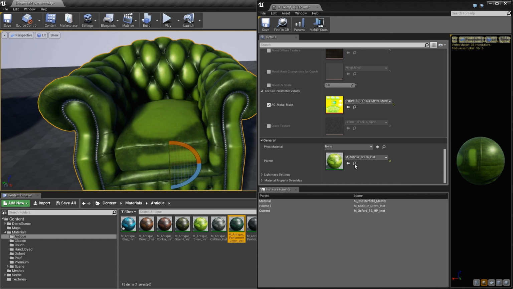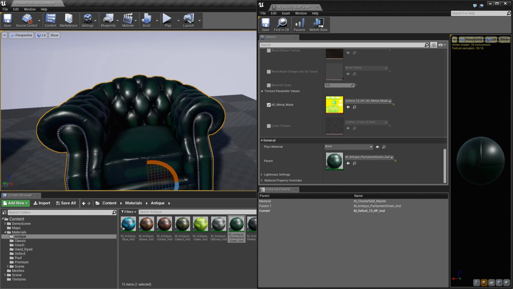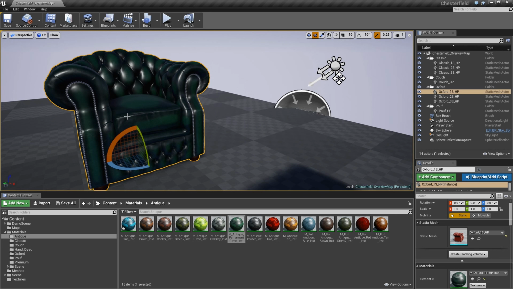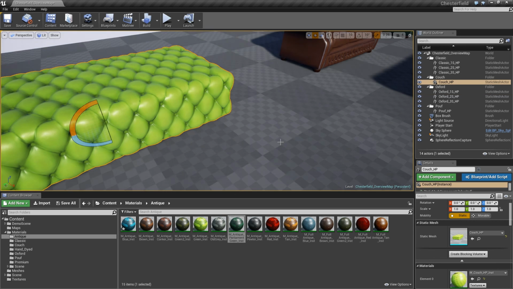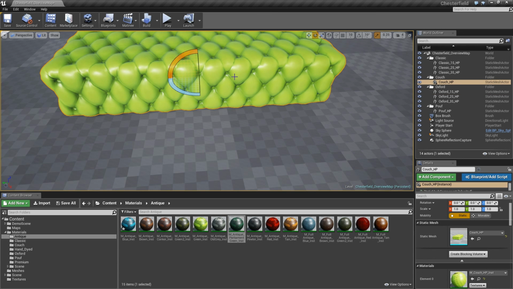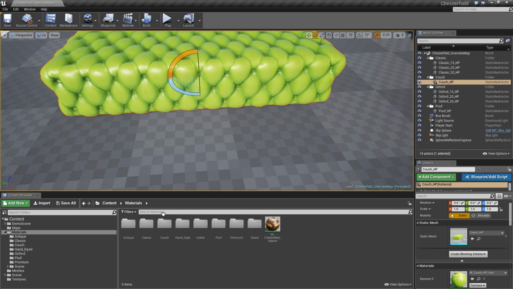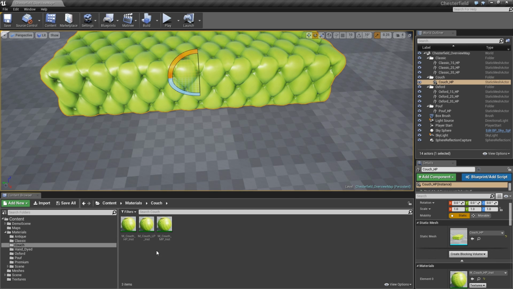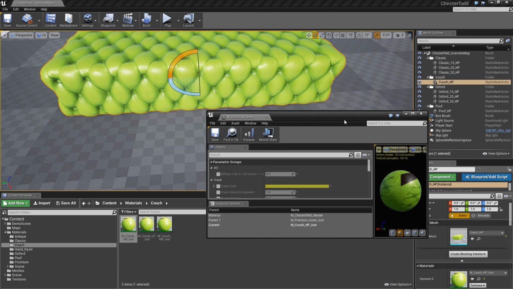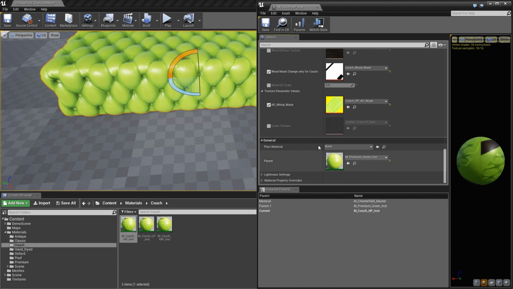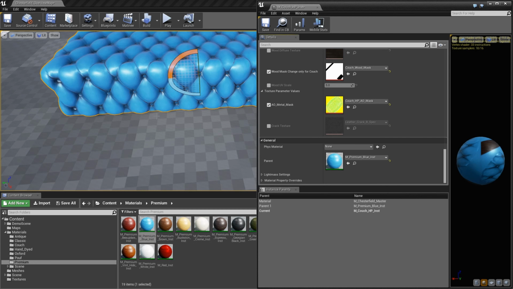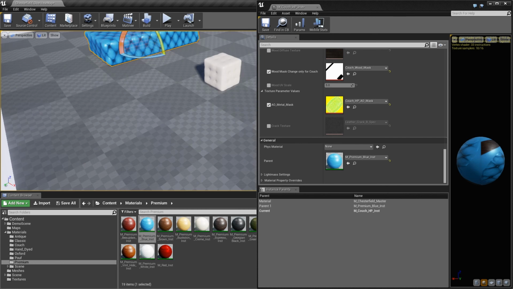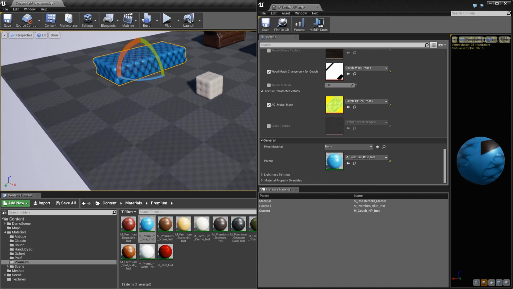So I think it's not too complicated to change. You just have to understand how it works. So I repeat again to show you the last example. If I go to the couch, I go to my material, I take the couch folder, I take the HP one, and I go where there is the parent for material, and I just have to change the color, and automatically the LOD is set up in the same way.